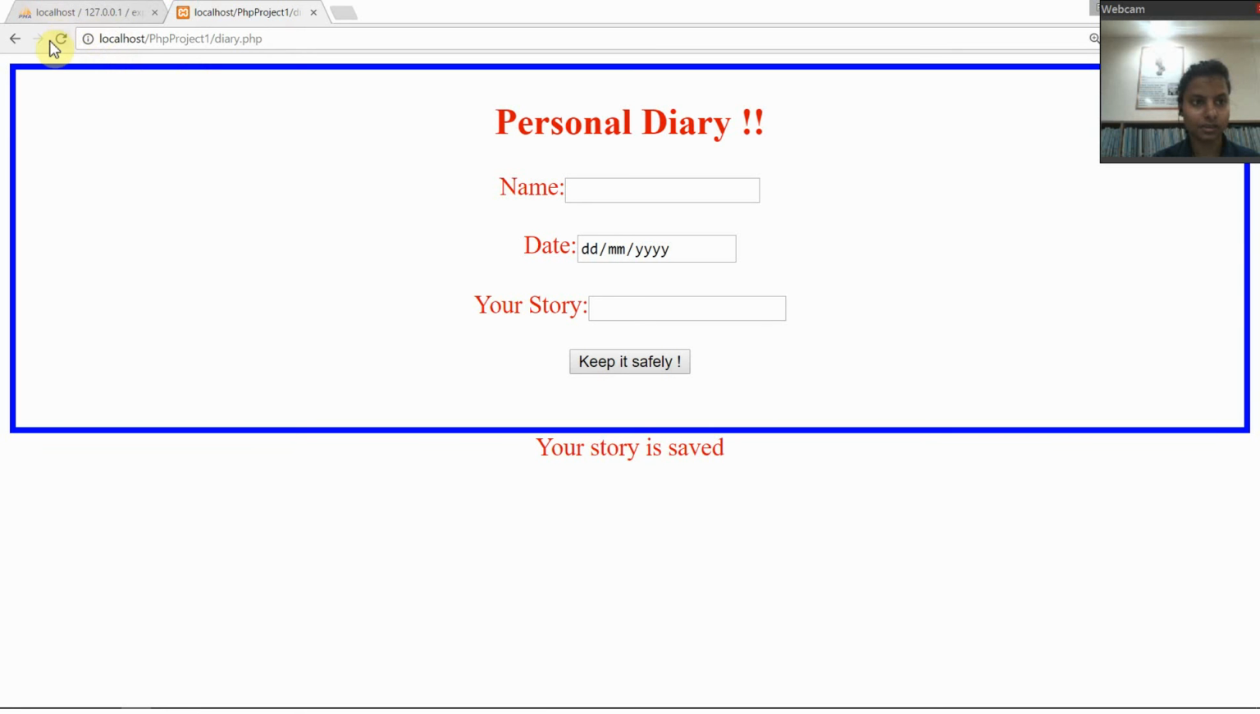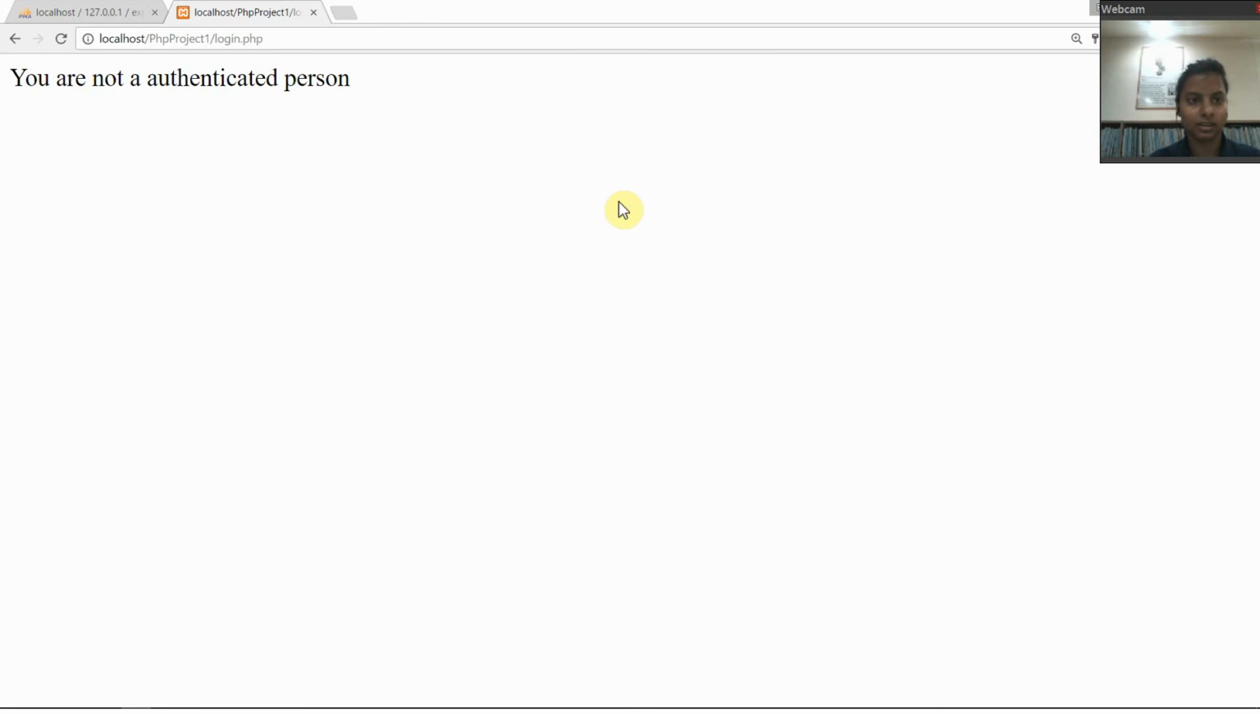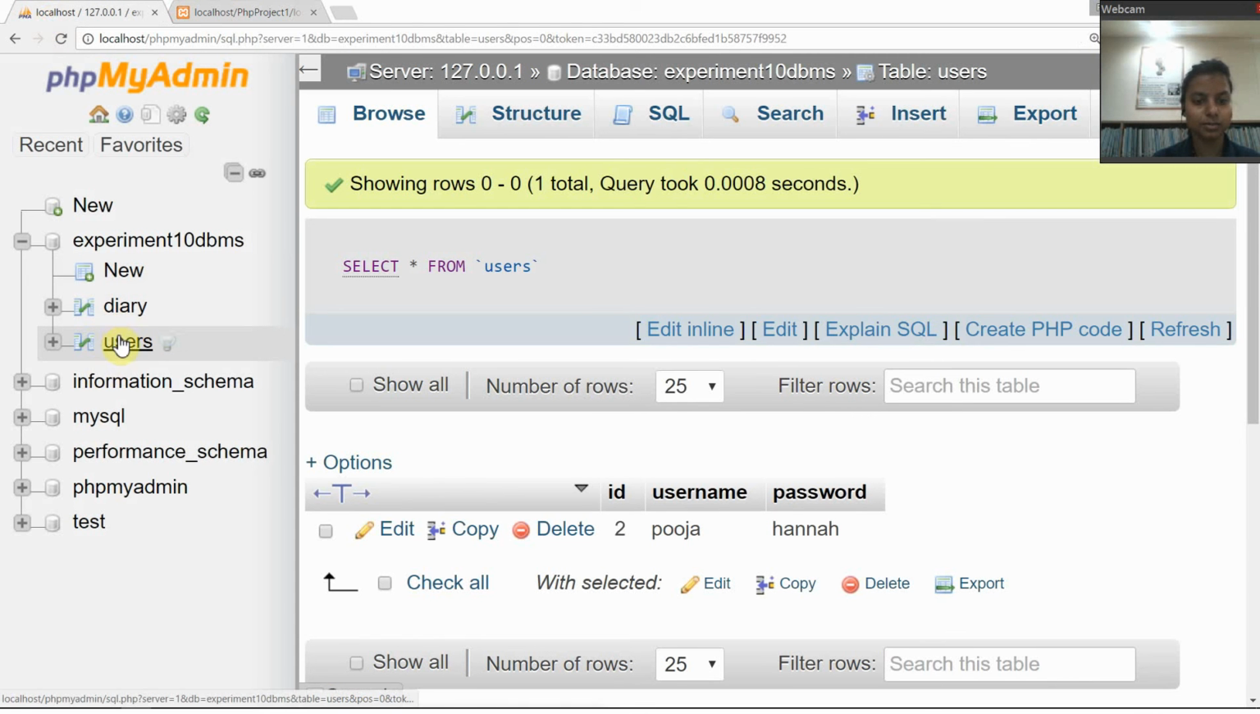So if we try to enter something else, like I try to give Neha and a password, if I give something else, it will show you are not an authenticated person, because in our user table we have saved only Pooja and Anna. My ID is Pooja and Anna, and the other thing is